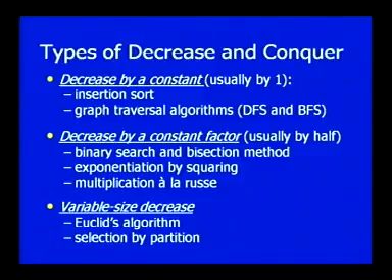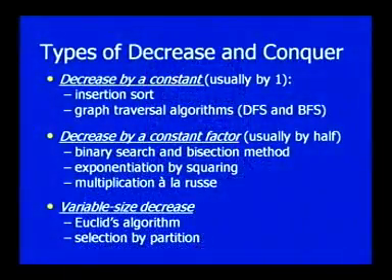So, where you can see very well the differences between the subproblems is unity, and decrease by a constant factor. That means generally it is half, but it need not always be, and it may be a variable decrease also. Good examples are Euclid's algorithm and selection by partition. This is one variation. Another variation of divide and conquer is transform and conquer.